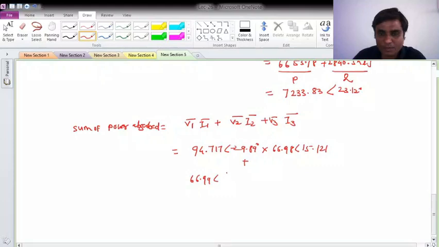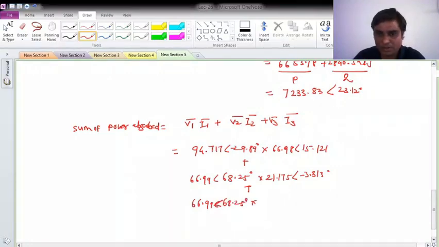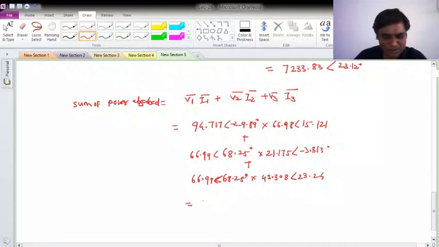66.99 with angle 68.25 degree, into I2 phasor, which is 21.175 with angle minus 3.313 degree, plus the same, that is V3 is the same, 66.99 with angle 68.25 degree, into I3 phasor we obtained as 43.308 with angle 23.24. So if you solve it, the resultant you will get as